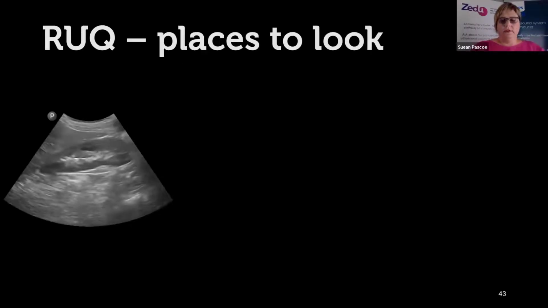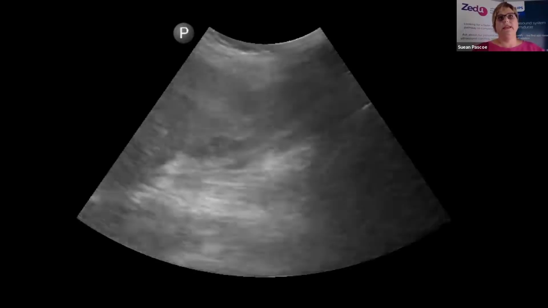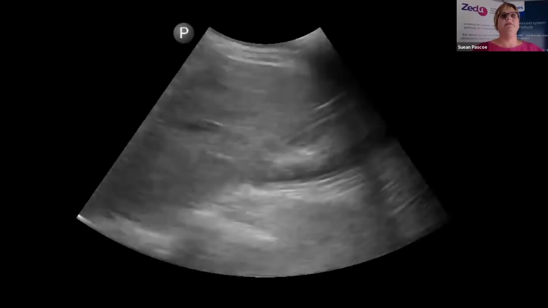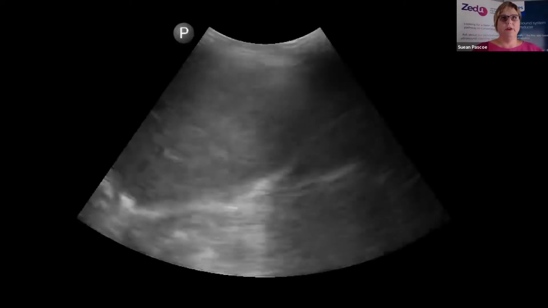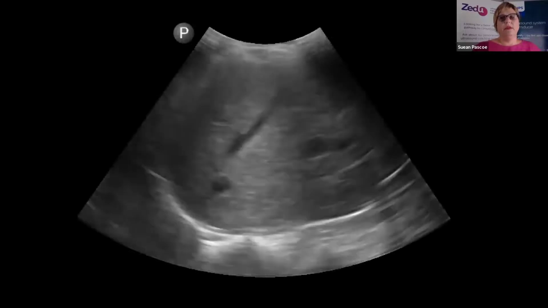So I'm just going to go back to this one. Start here, we've got the kidney, move up a rib space, paint the fence here to find a good window, move up a rib space and paint the fence again. Now the thing here is that if you have to take one still picture, yes, you can find a good window and you just take that one picture as your representative image, but it's really important that you're scanning the